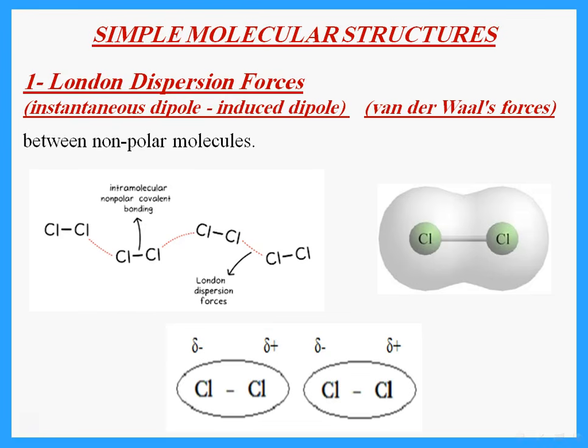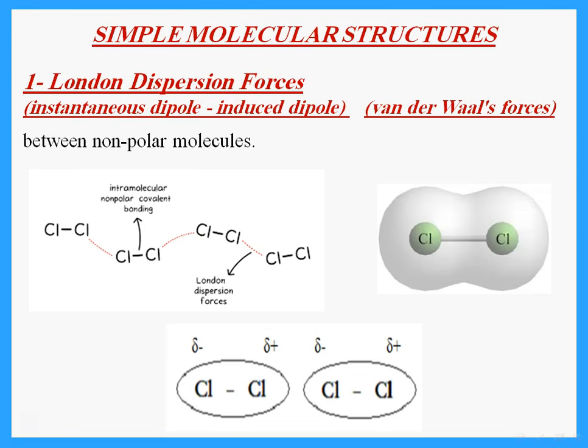So this we say is a non-polar molecule. Non-polar molecules are molecules that have no electronegative elements, or they have the same electronegative elements. So either way, they overall do not have any polarity. Now, if I bring a chlorine molecule next to another chlorine molecule,